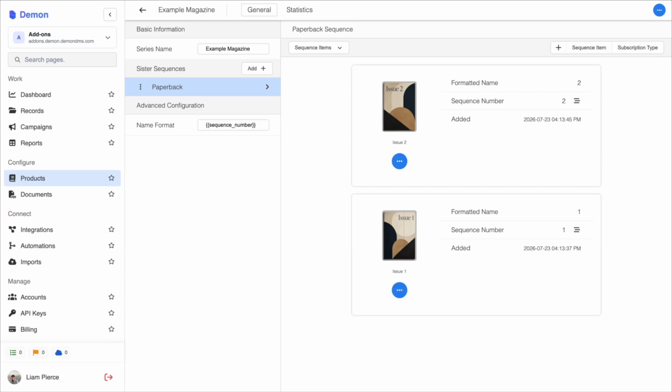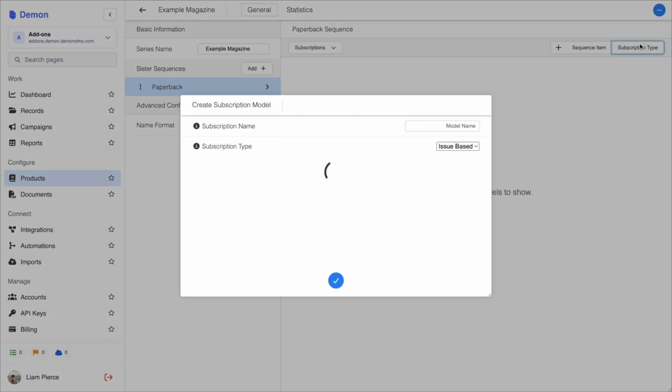Next, I'll add a subscription type for our series so that we can have submitters subscribe. I'll add a 1-year subscription, which represents 2 issues of my example magazine, and a 2-year subscription, which represents 4 issues. To do that, click Subscription Type, give it a name,